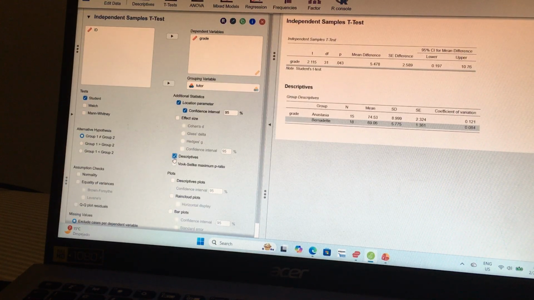So at a bare minimum, your results should say t(31) equals 2.1, p equals 0.043. If statisticians had their way, everyone would also report the confidence interval and probably the effect size measure as well, because they are very useful to know. Real life doesn't always work that way